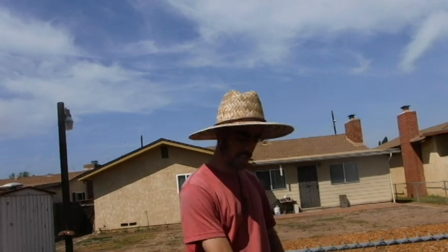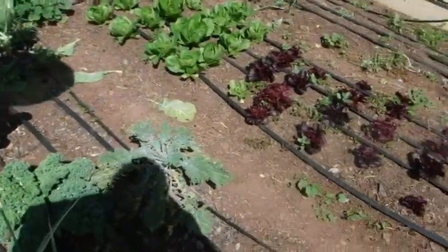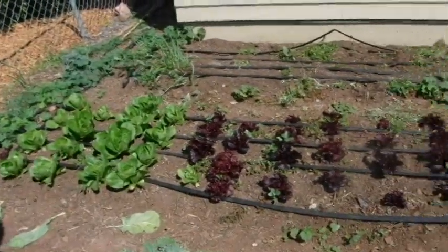Lots of birds like to hang out on these, and then they scout for little worms that they can grab and eat. Last summer, all summer long, I just watched birds come underneath the squash plants and grab worms, constantly. So birds are a big part of my pest control. They take care of a lot of my pests, so I like to encourage my birds. Except birds are eating my lettuce. They are eating my lettuce a little bit too, but...